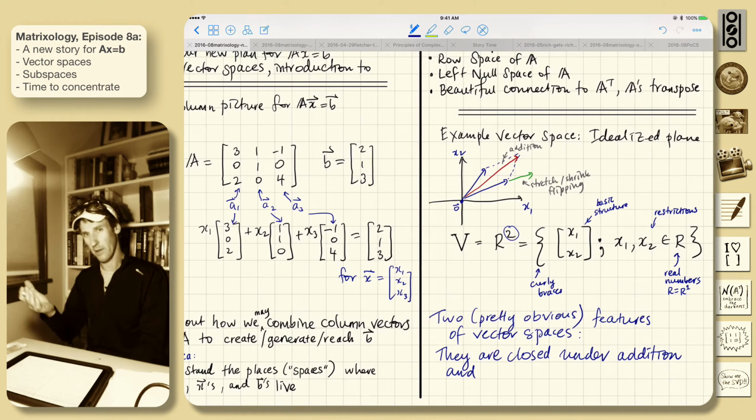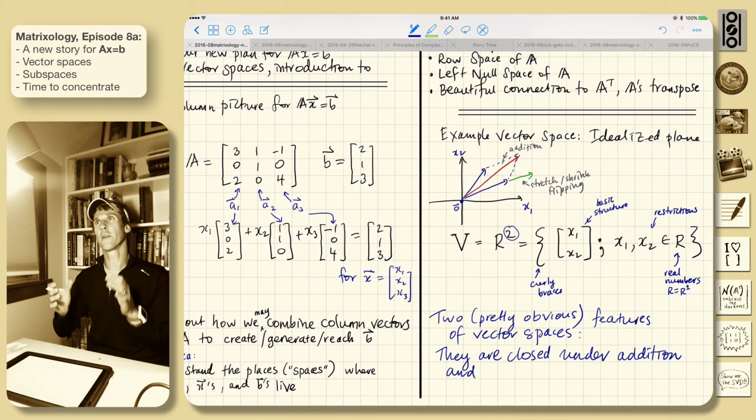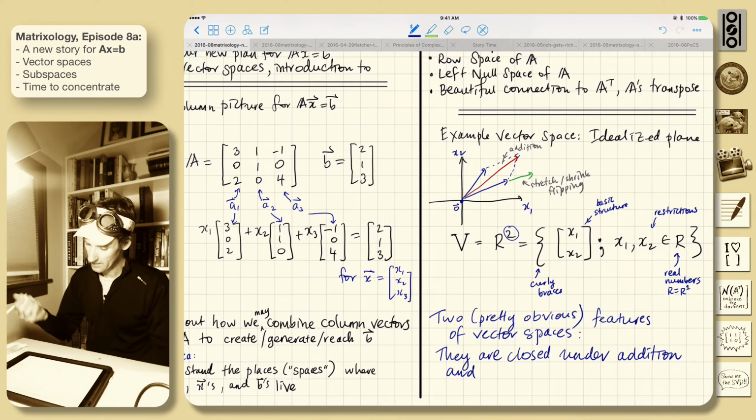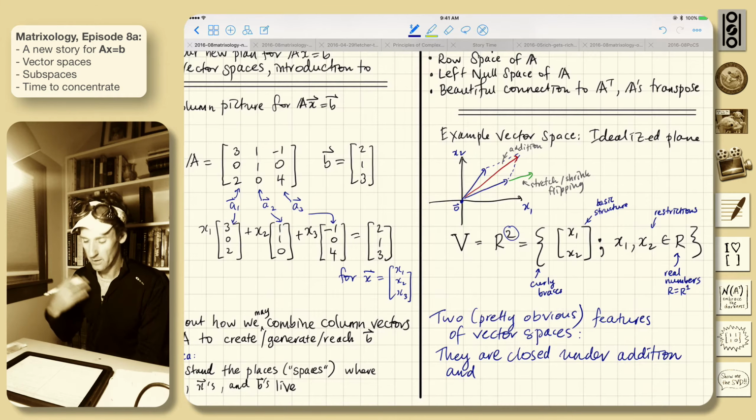It's pretty obvious when we think about Euclidean ones, right? So the point is that if you add 2 vectors together, you get a vector that's still in the vector space. And if you multiply one by a real number,